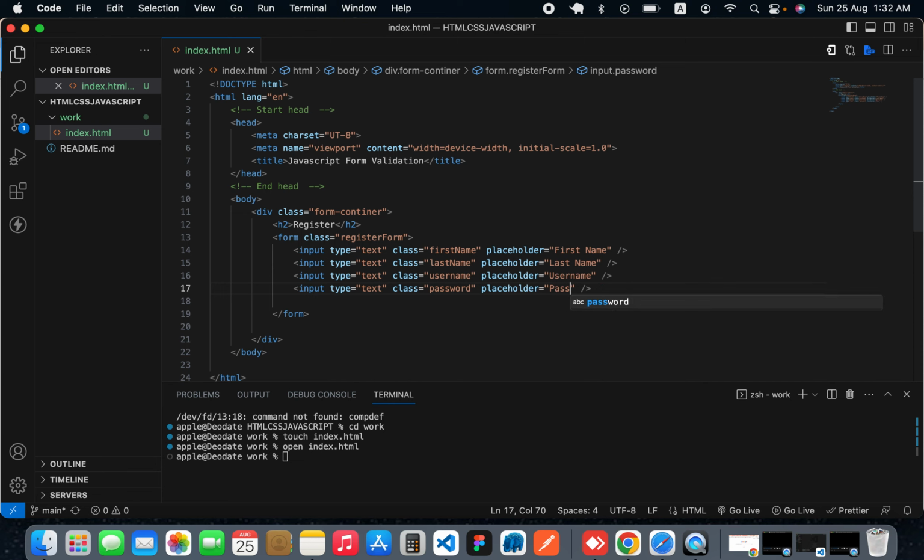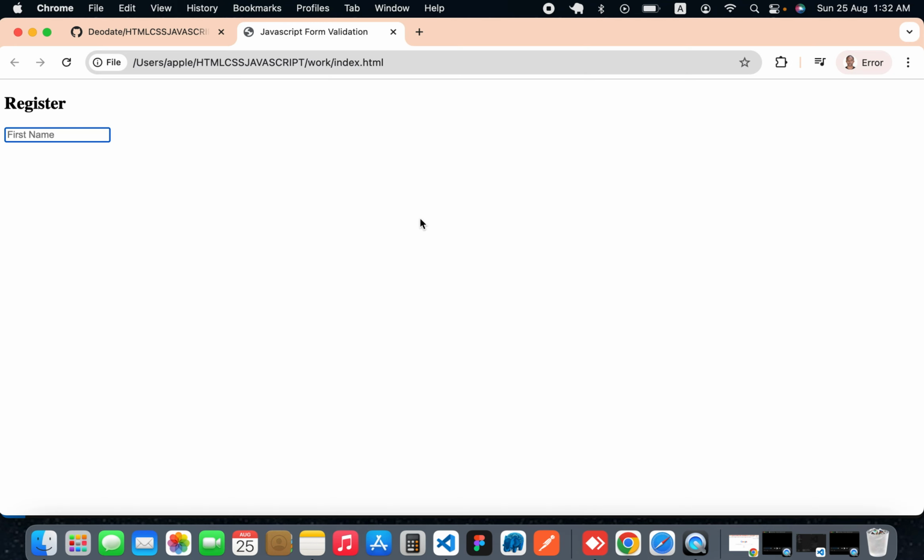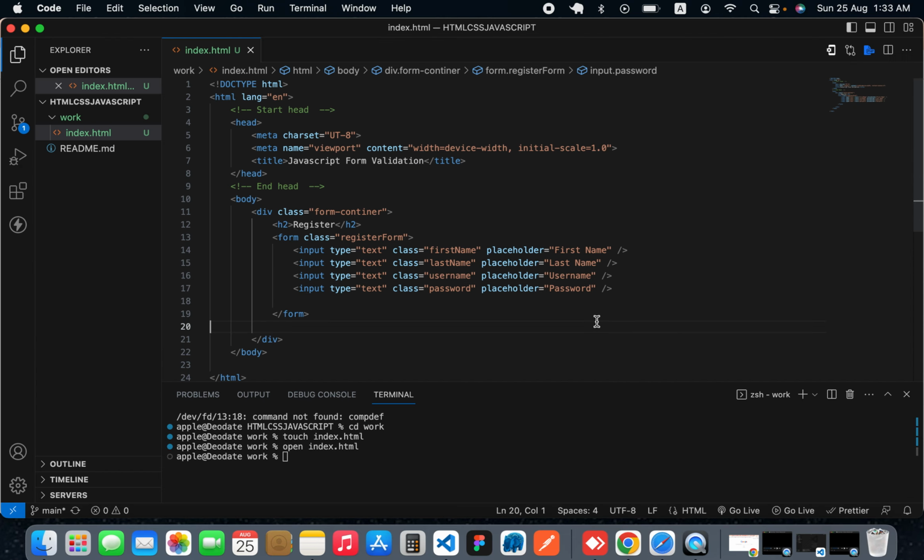Password. Let's save this and go check our file to see if our input is displayed. Wow, our input is there. Have this one on the same line. Okay, because our focus is JavaScript,